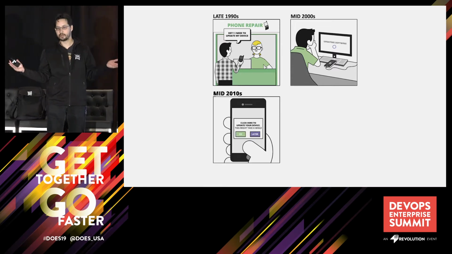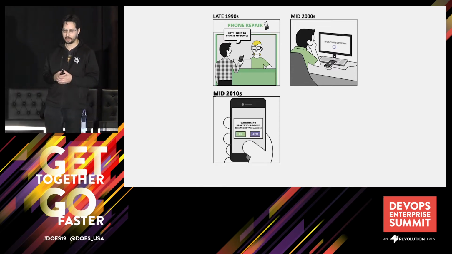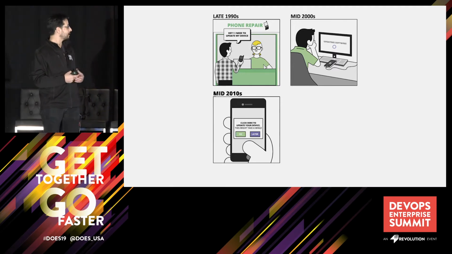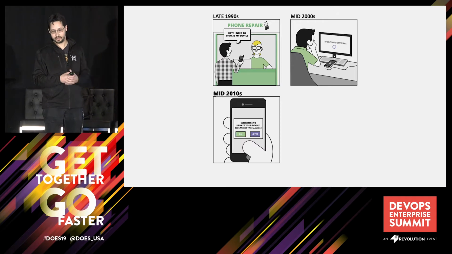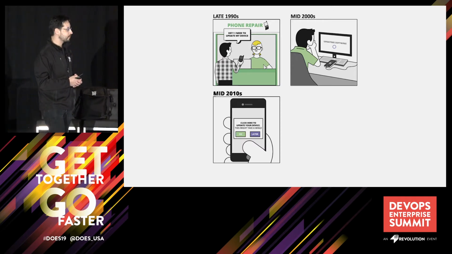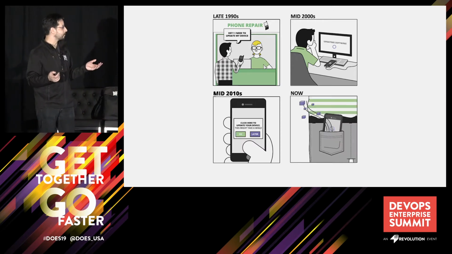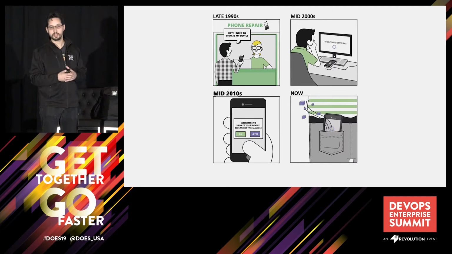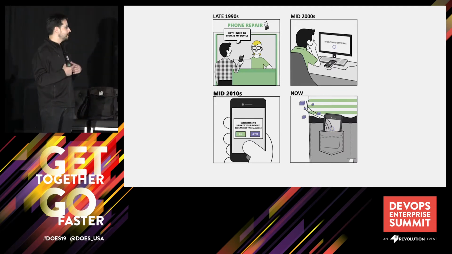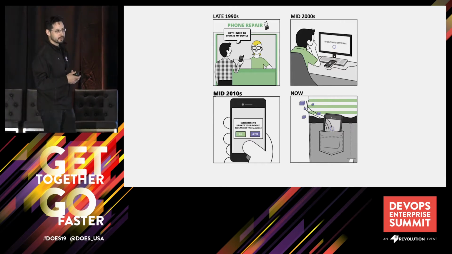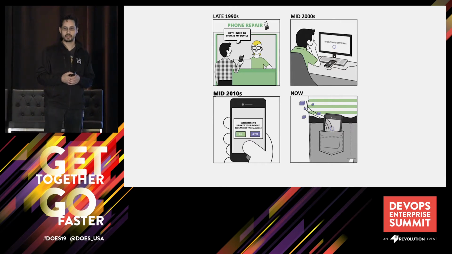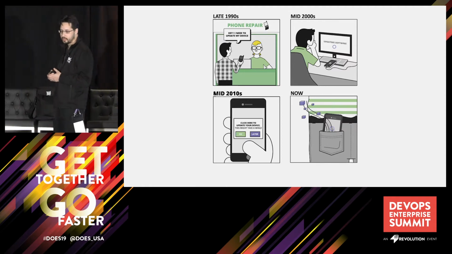Then the iPhone came around, right? This was the big game changer. But you had to actually get prompted for updates, so you had to make a choice about updates. And hopefully we're in a world now where your phone is constantly being updated. You don't even think about it. The apps on your phone, what you're using for software, all of this stuff is continually getting pushed down as updates. And this is what users expect now. This is the expectation on any software application, that you're going to continually get updates.